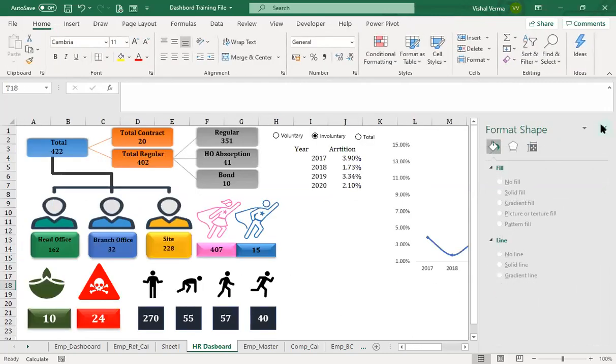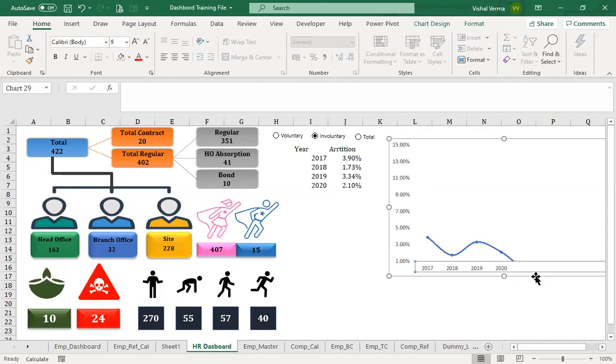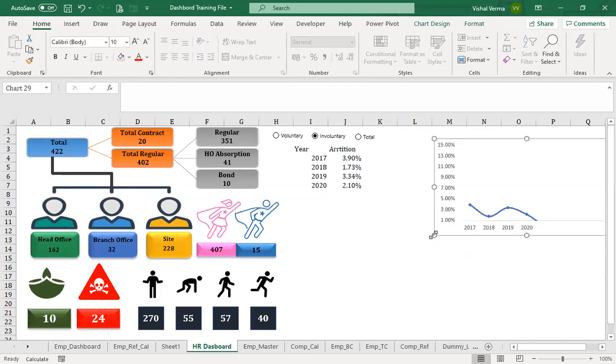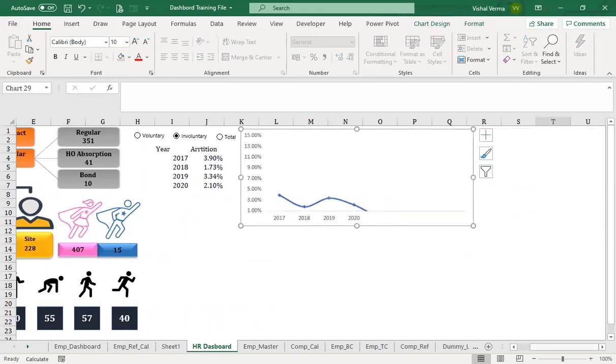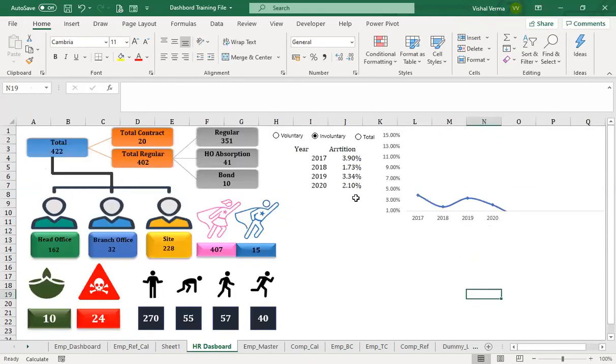So we have this data here, and let's resize it and make it a little smaller because we want to have some more data here. So whenever the years are updating, it will automatically keep giving us the information. Okay. So we want it for total, voluntary, involuntary. Whatever the information is, it is showing us how things are moving from year to year. So we'll be working on some more visualization in the next section.